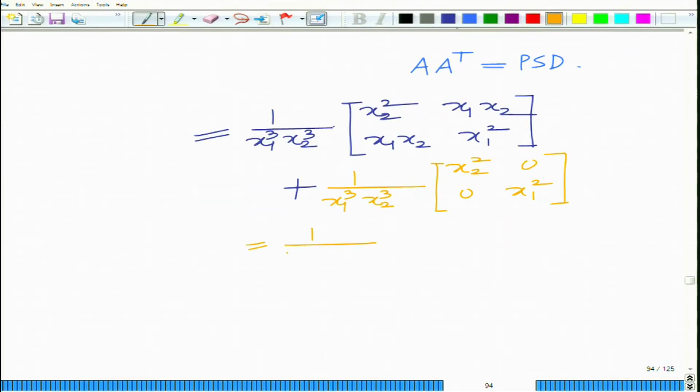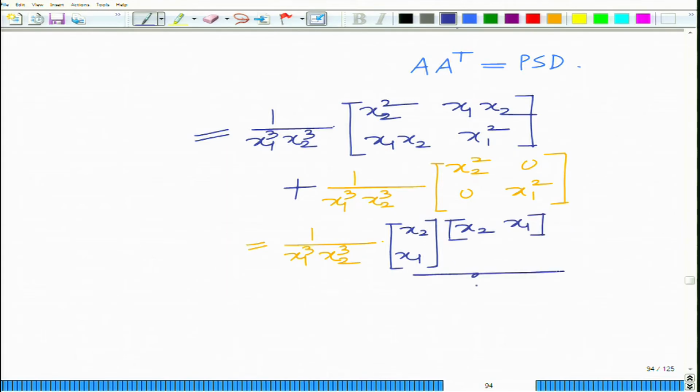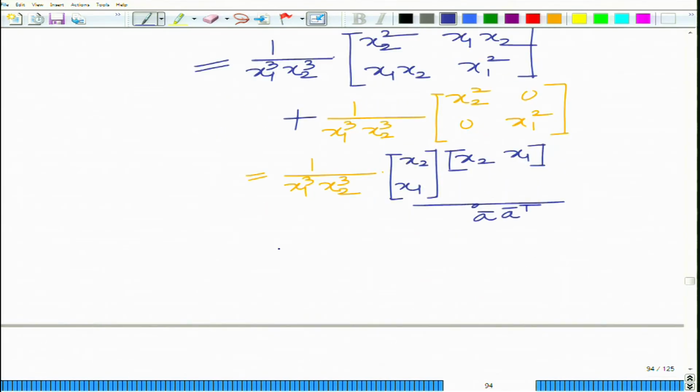Now you can see this will be 1 over x1 cube, x2 cube times x2 or x2 x1, times x2 x1, that is, this is of the form vector A bar into A bar transpose, plus obviously the next one you can easily see that this is x1 cube, x2 cube, diagonal matrix